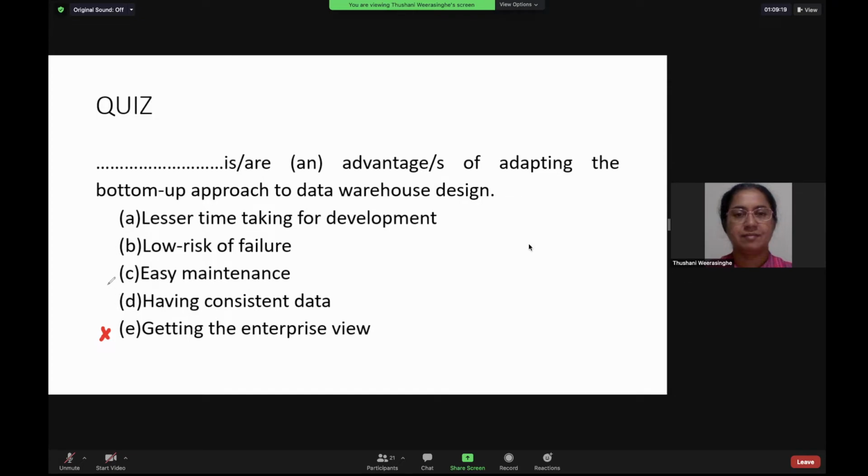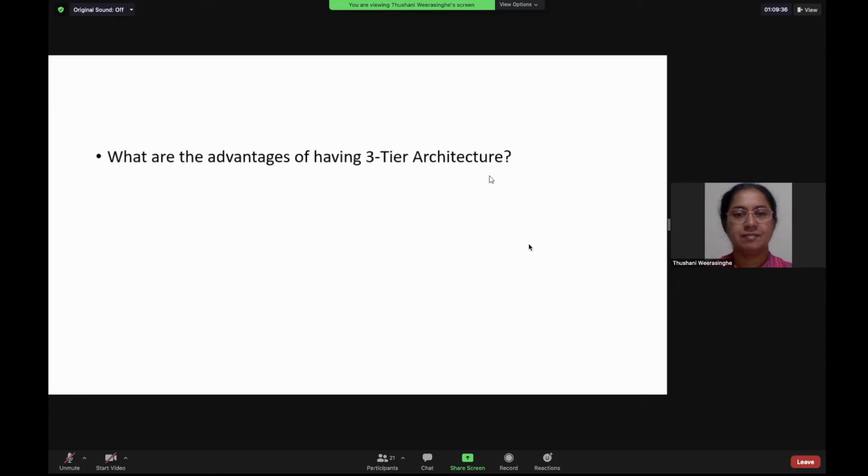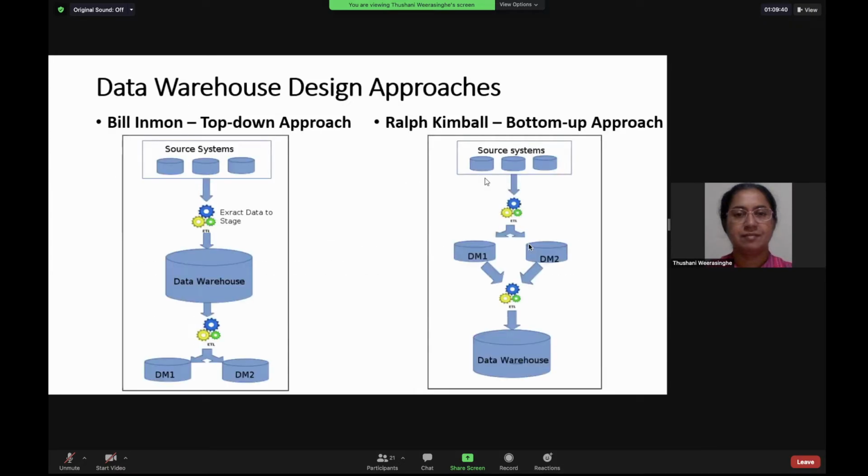That means you're talking about smaller organizations. Yes, having consistent data. Can you say that consistent data will be there? How can you say consistent data will be there? Why? Because now I told you, no, when you have this structure this way,